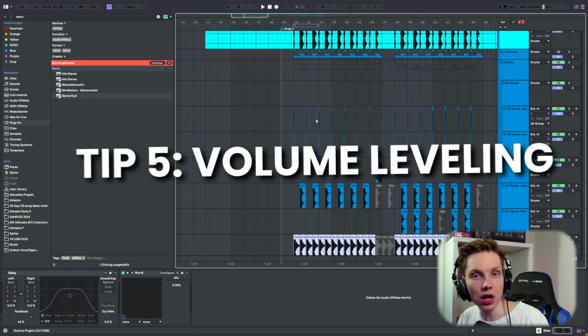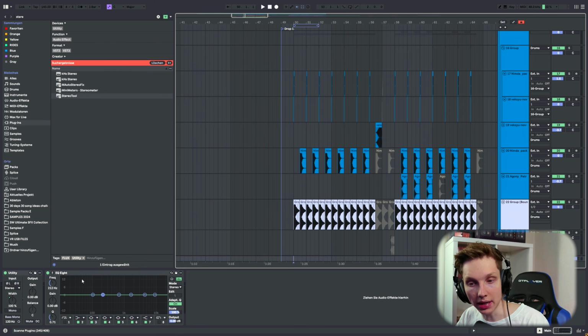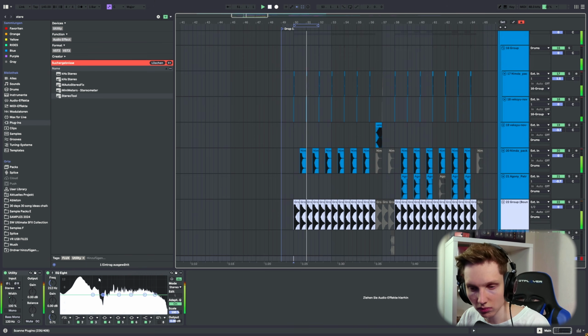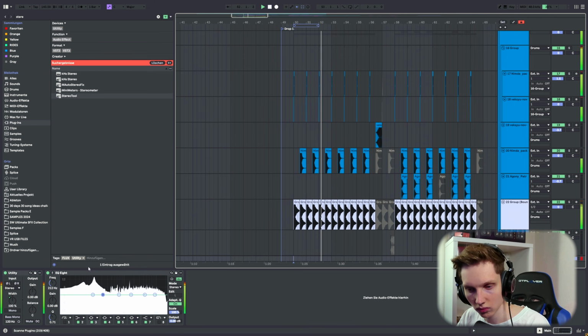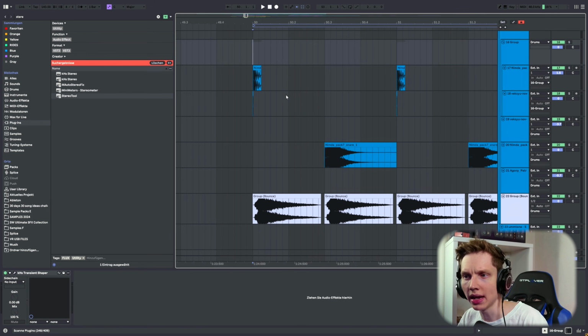Production tip number 5, volume leveling. It's so easy, but it's also so crucial. First, I want you to monitor the low end of the drop. You can see that the sub bass is always the loudest element and the drums are always punching through the entire song. And the tip I want to give you when you start a new song idea, please do not